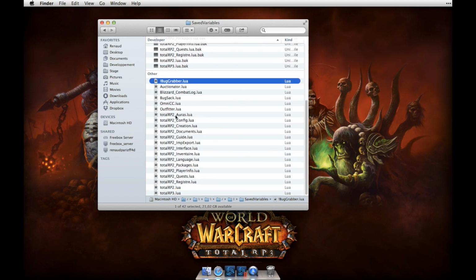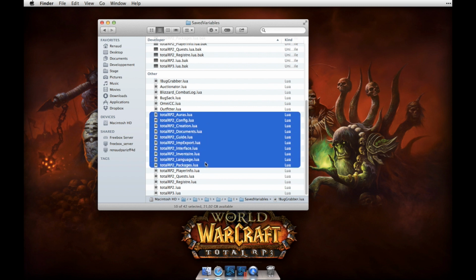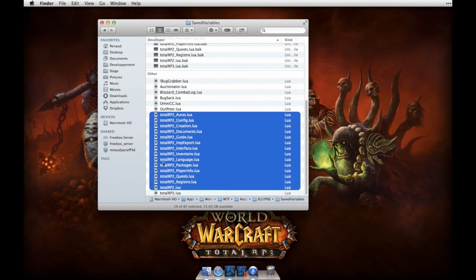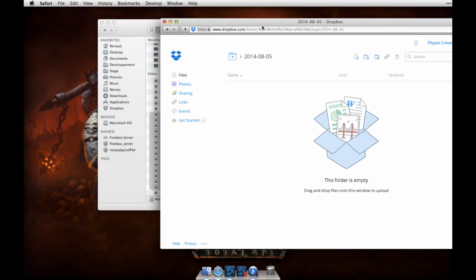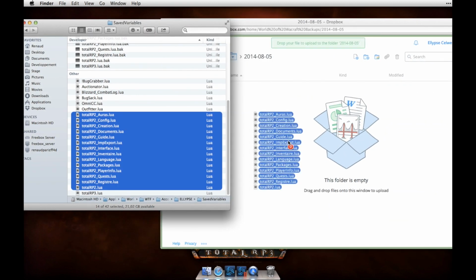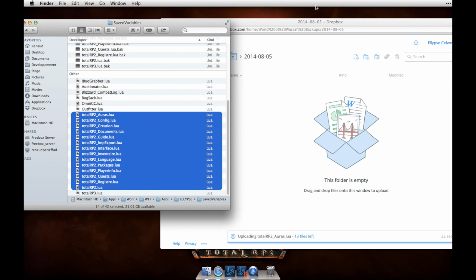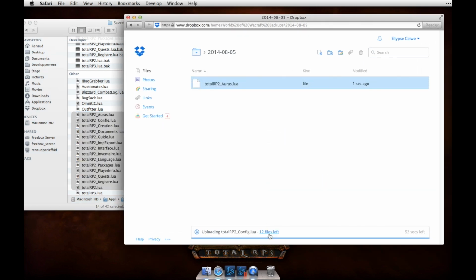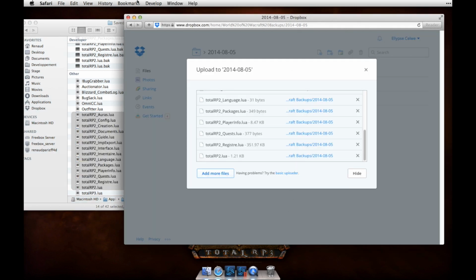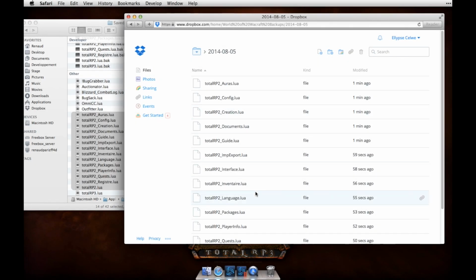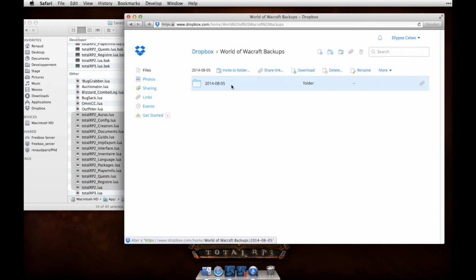So to back up TotalRP2 files, you just need to select those starting with TotalRP2, and all you have to do is drag them to your Dropbox folder. And now everything is backed up on Dropbox. Now if you want to restore your files, you just need to select the folder for the specific date you want to restore, click the download button,